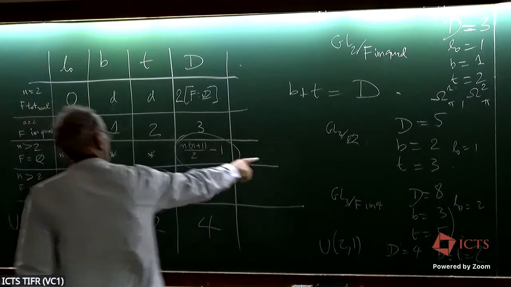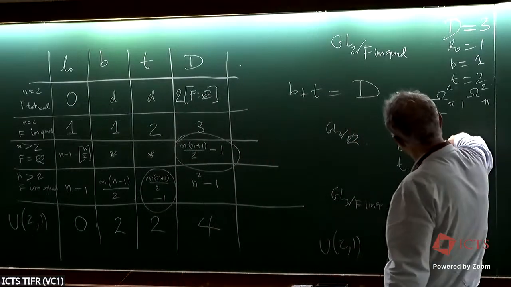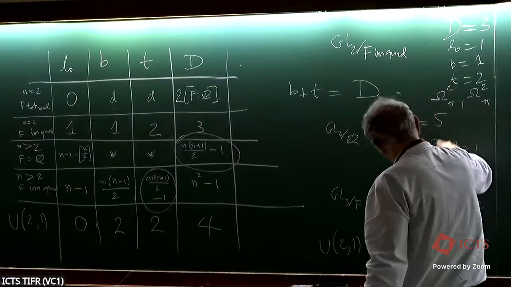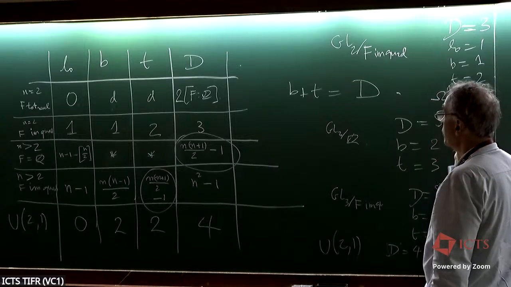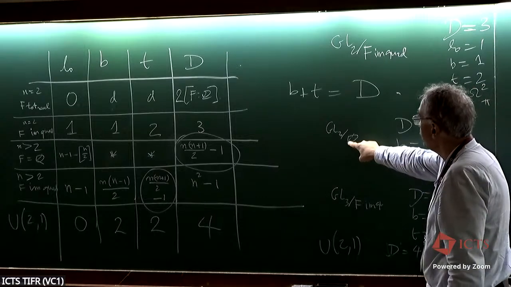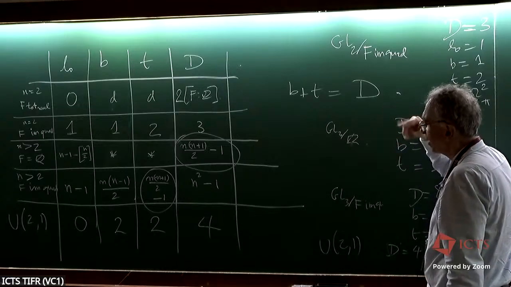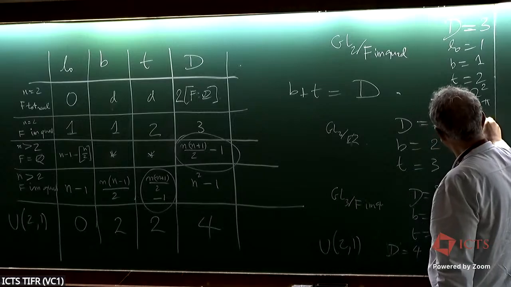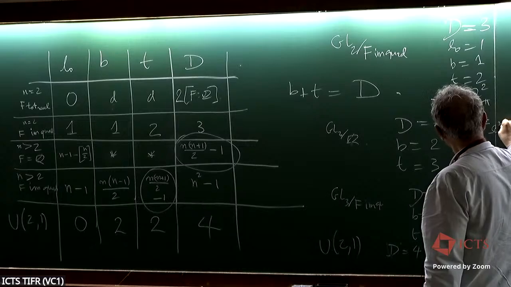And more generally, you have all these periods. So here you have omega 2 and omega 3. There is epsilon. The epsilon is just plus minus because the field is Q. And so you have only two characters, plus and minus. So here you have omega 2 plus minus and omega 3 plus minus.